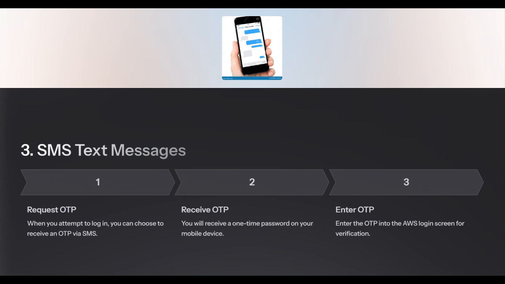Finally, there is the SMS based MFA option. With this method, AWS sends a one time password to your registered mobile phone whenever you attempt to log in. And while this approach is quite convenient, especially for users who may not be comfortable with apps or physical devices, it does come with some drawbacks. SMS MFA is vulnerable to certain types of attacks, particularly SIM swapping. This is when an attacker transfers control of your phone number to their device, potentially intercepting the one time password